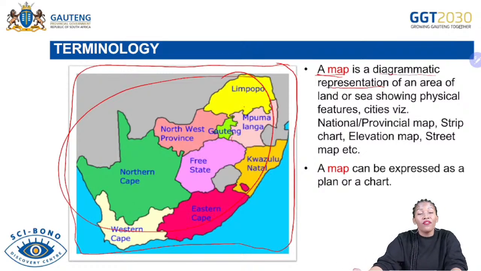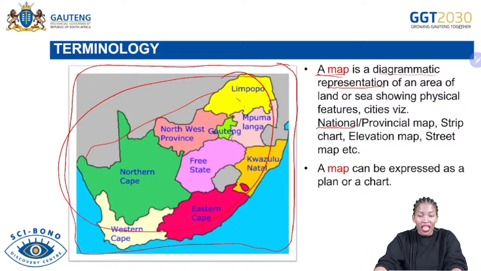And then we have different types of maps. We've got national maps. An example of a national map is your South African map, as you can see there on your screens. We've got also provincial maps. We've got strip charts, elevation, distance tables. The nicest thing about this topic, again, guys, is that we are not seeing all these maps for the first